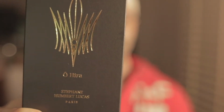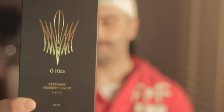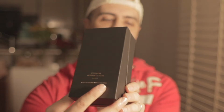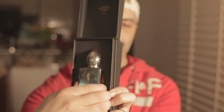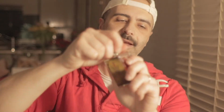Boom. This is Ohira by Stephane Humbert Lucas 777. And this is a bit of ridiculousness on my part, but this was on my list for the longest time. There's the bottle itself. It sits here, and it's a 50 ml. It's an eau de parfum, funnily enough, but it says haute concentration. Bottle goes like this. Oh, it's very reflective. Is it going to focus if I put it here like that? Oh, it's got my fingerprints all over it. It's a bit terrible, but